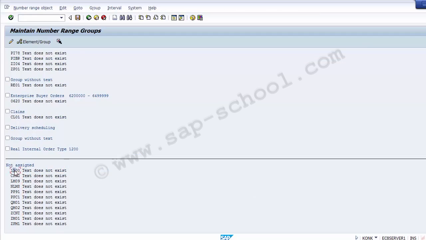So what we can do is assign this order type, that is 1100, which we have just created in the last step. We need to put the cursor on this particular not assigned order type, that is 1100, and then go to the option over here, select element. As you can see, that is one of the options. The second option is that whichever internal order type you want to assign the number range with, you can double click onto that. Once you double click, you can see it has been highlighted over here. Once it has been highlighted, now